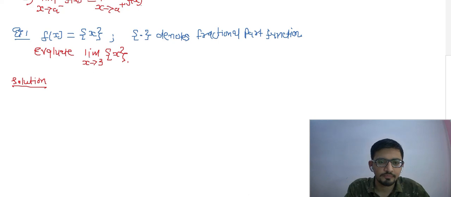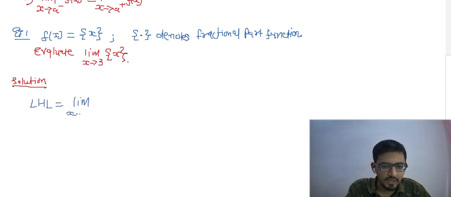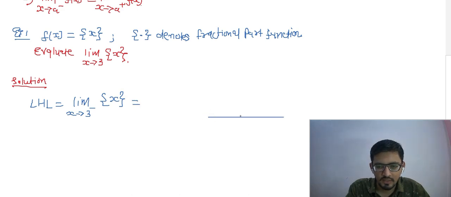If you have this much idea, then now you can easily understand this question. So listen. If I want to evaluate this limit, I will find LHL and RHL separately. Left hand limit means limit x tends to 3 minus, where the function given is the fractional part of x. Assume 3 on the number line. LHL means x is approaching 3 from the left side, that means 2.9, then 2.99, then 2.999, and so on.